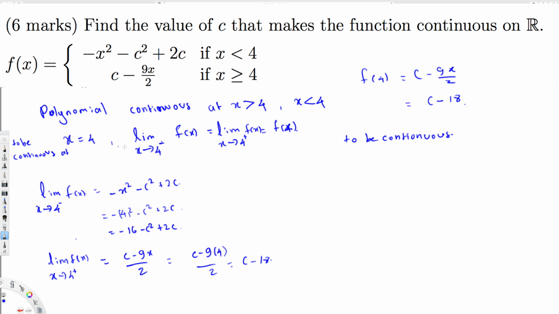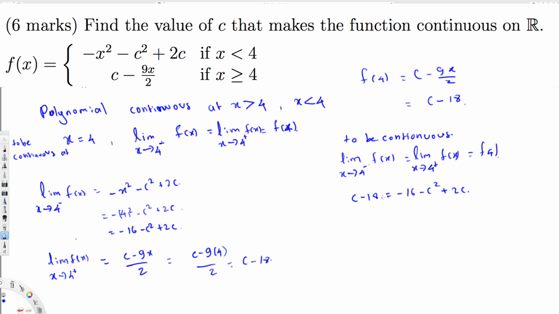To be continuous, as I stated before, the limit from the left hand side should be equal to the limit from the right hand side and equal to f of 4. In this case, f of 4 and the right hand side have the same equation, and the left hand side has a different equation, so we can equalize one of these to this one. If I do that, I get c minus 18 is equal to minus 16 minus c square plus